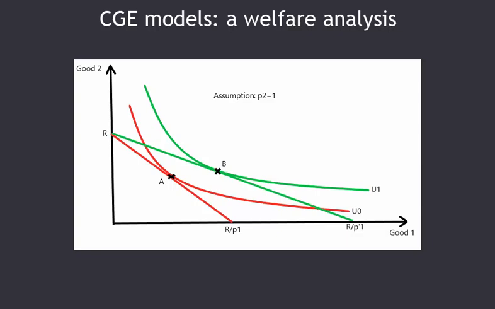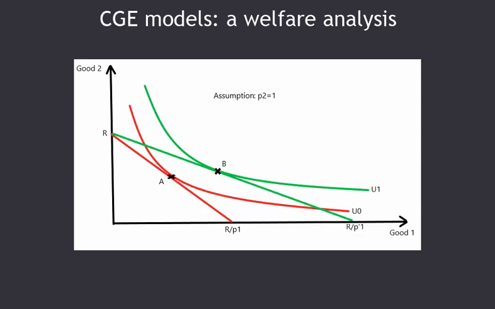And I suppose that P2 is equal to 1. So as the maximum consumption in volume that this agent can have of each good is R over P1 and R over P2, we know that R over P1 is the x-intercept of the budget line and R is its